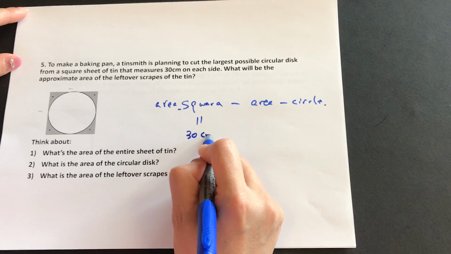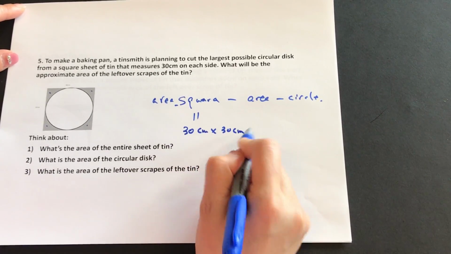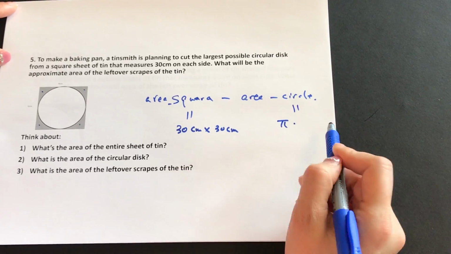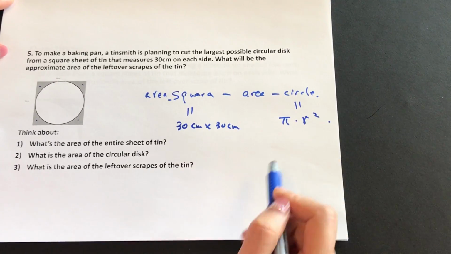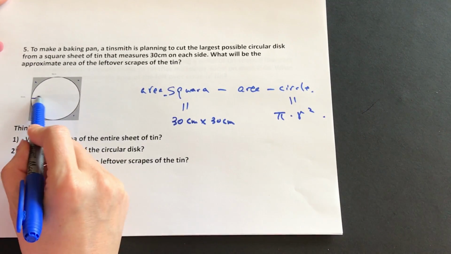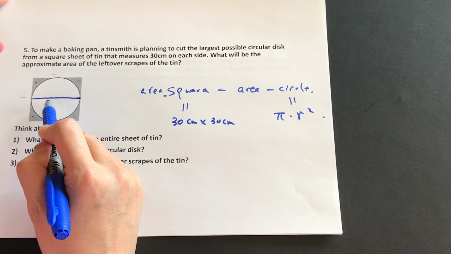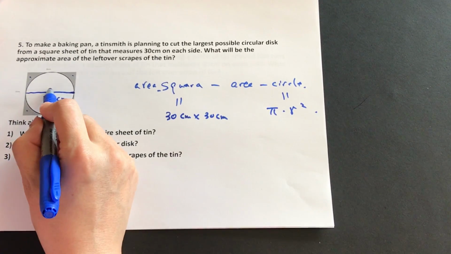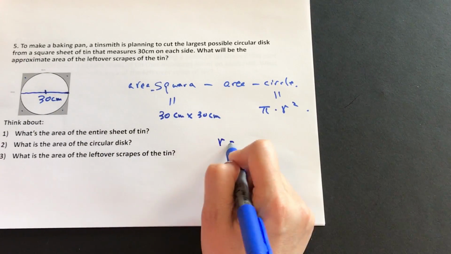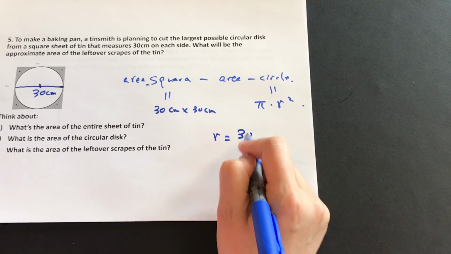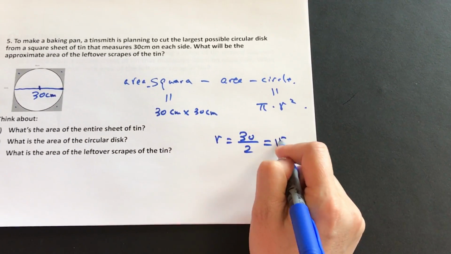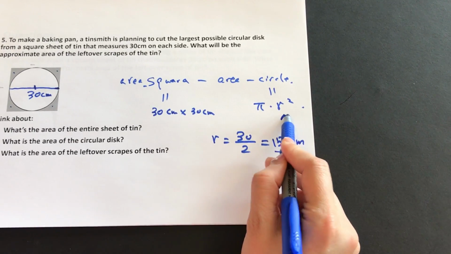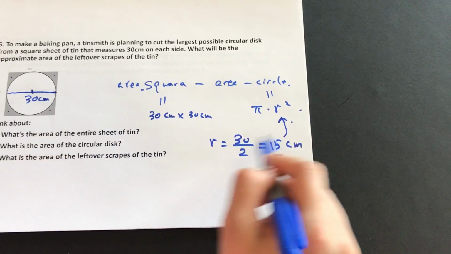It's 30 centimeters multiplied by 30 centimeters. The area for a circle that we have learned before is pi multiplied by radius squared. What is the radius here for this circle? This is a diameter. The diameter for a circle is 30 centimeters. Therefore, the radius is half of it. So the radius is the diameter divided by 2, which is 15 centimeters. We can plug the 15 centimeters in here and calculate